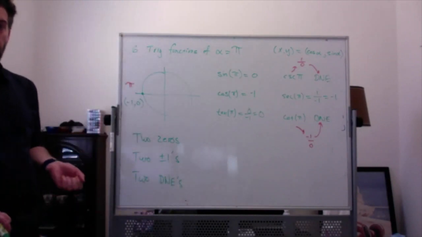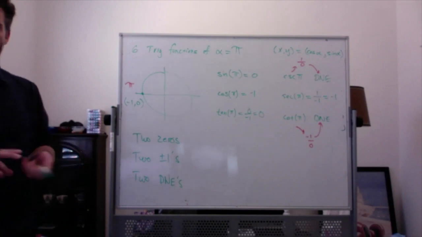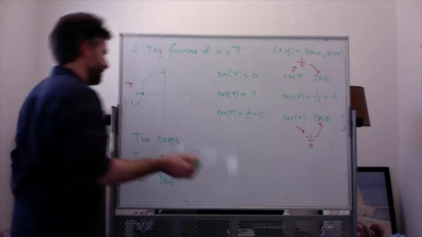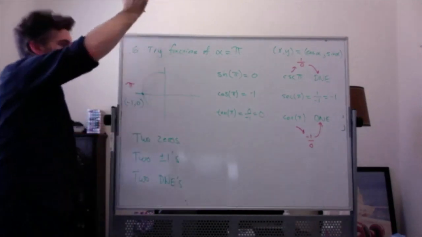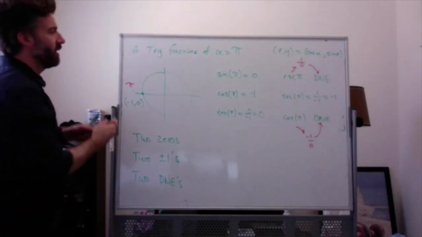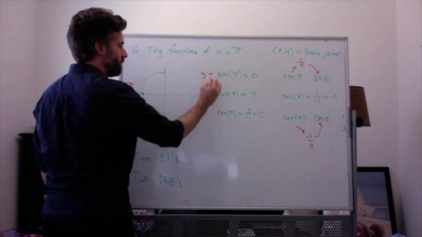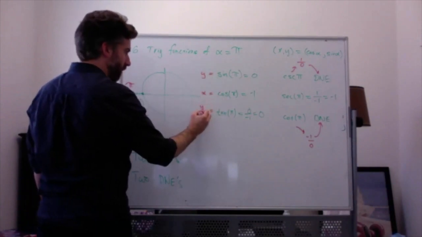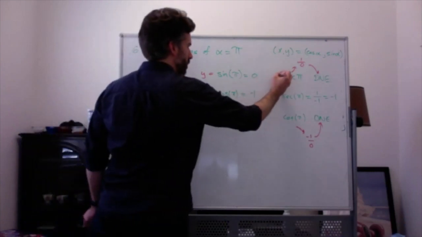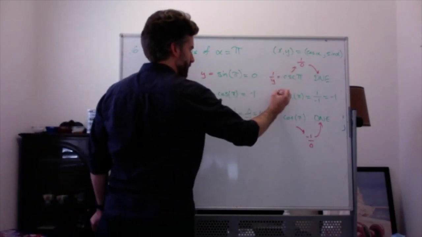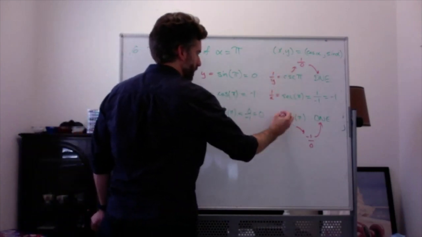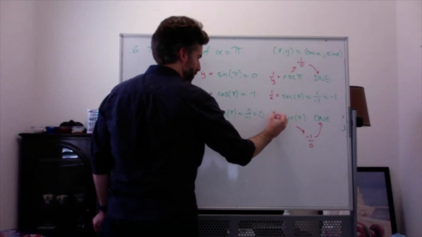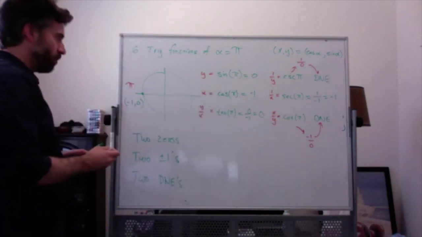It's always going to happen, which makes sense if we think about it, right? Because I think I've erased what I needed. Let me just write it over here. If sine is equal to y and cosine is x and tangent is y over x and cosecant is 1 over y and secant is 1 over x and cotangent is x over y, well, you're definitely going to get